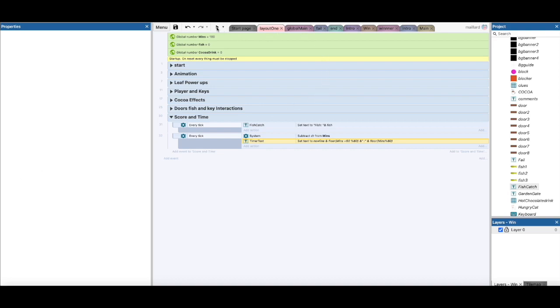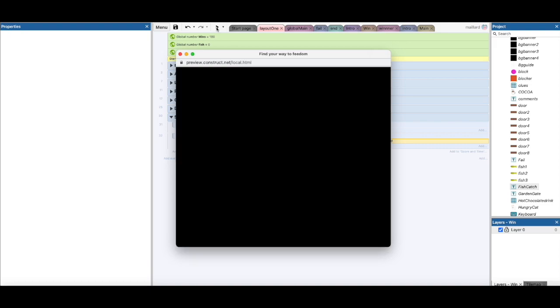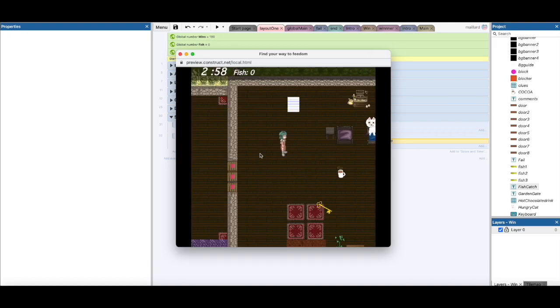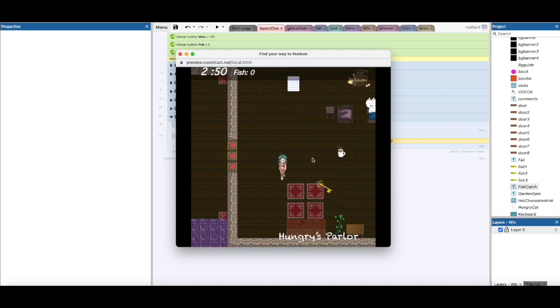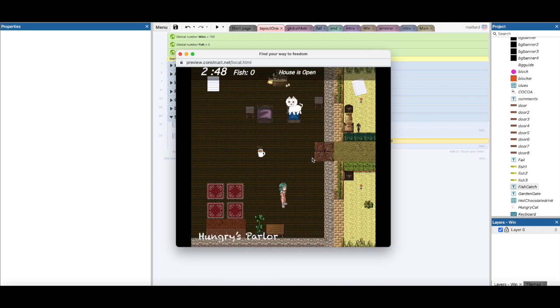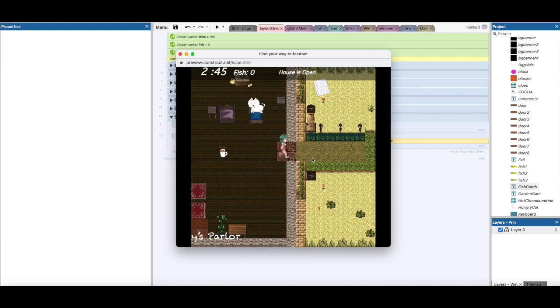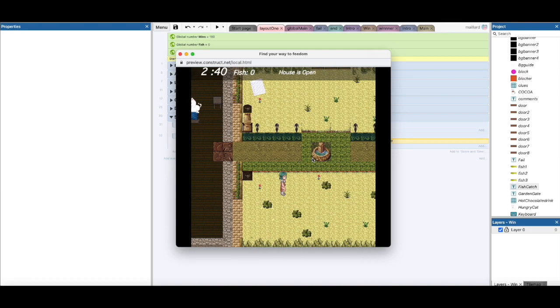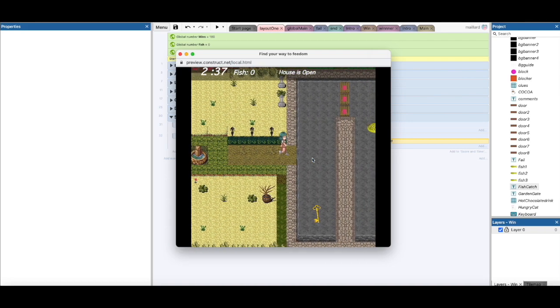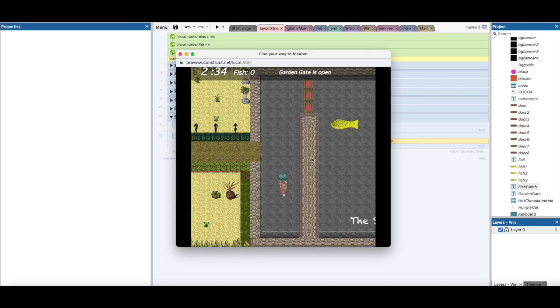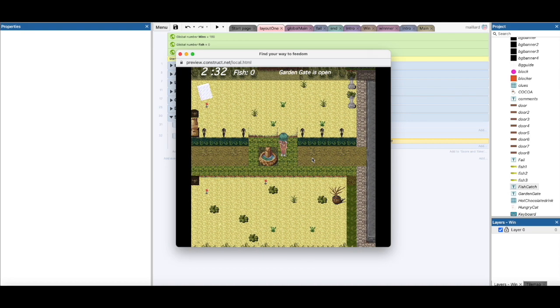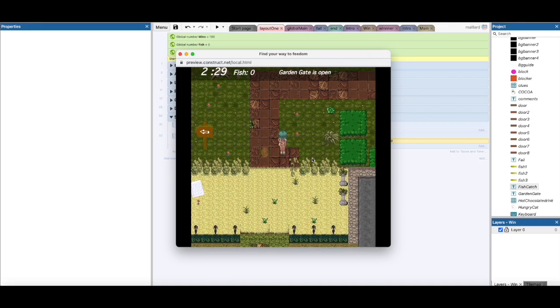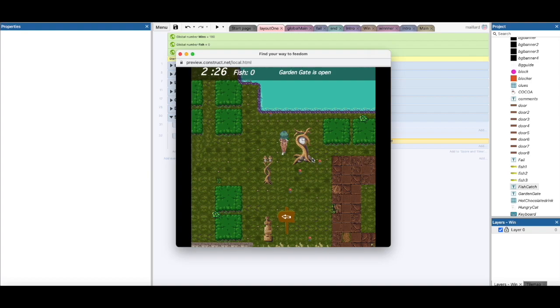So let's check this out. So here we have countdown. The number of fish is 0. And we've got text. Now hopefully, whoop, missed that leaf. So we get the key. We get extra time. And it's telling us which gates are open. In this case it's the garden gate. And as we go through,